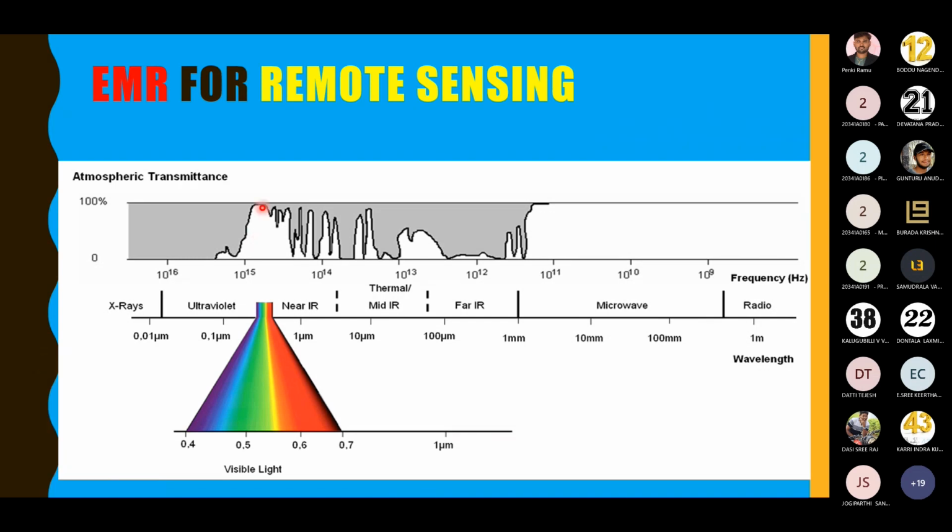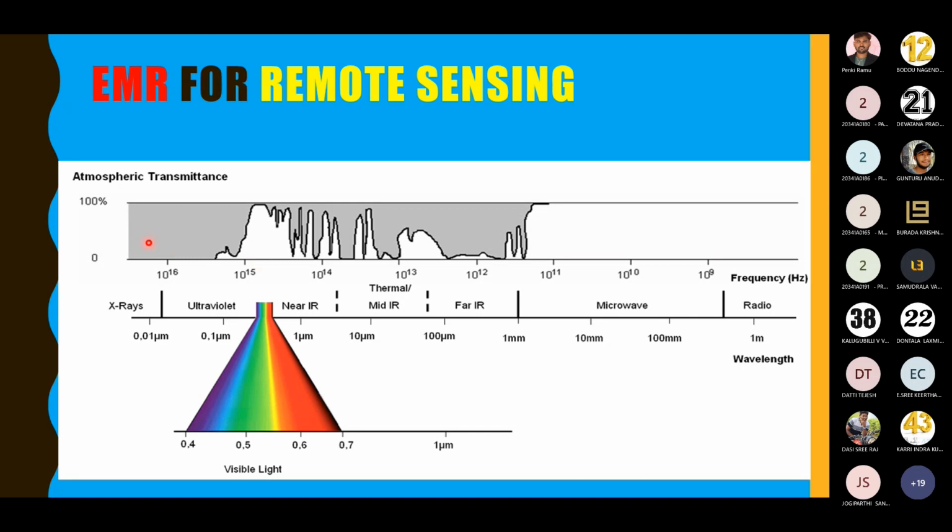This region which is not shaded here falls under the visible portion of the electromagnetic spectrum. Why it is called visible energy is because the energy coming from the sun is not absorbed, or the atmosphere acts as a transparent layer for the incoming energy in between 0.4 to 0.7 micrometers wavelength region. So the energy falls onto the Earth's surface in between 0.4 and 0.7 micrometer, and it will interact with the Earth's surface objects, and it can revert back into the atmosphere in this region.